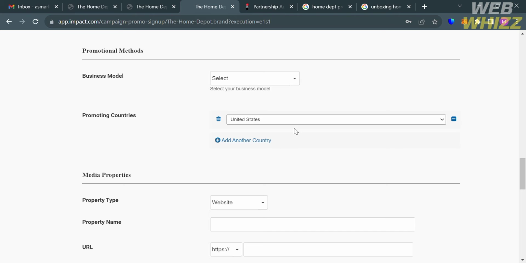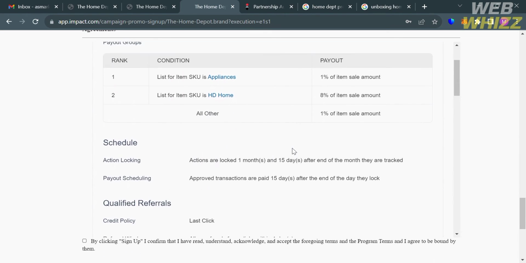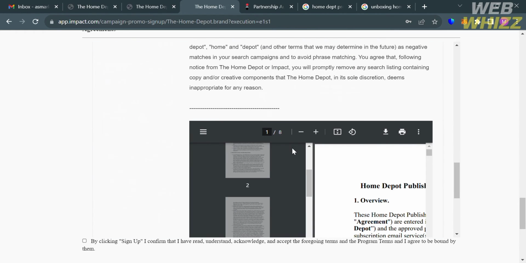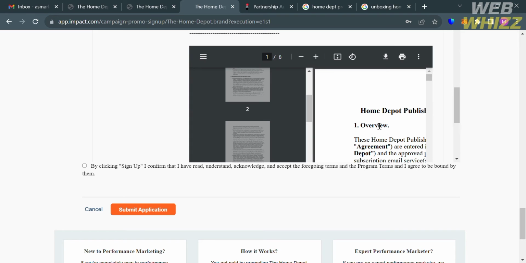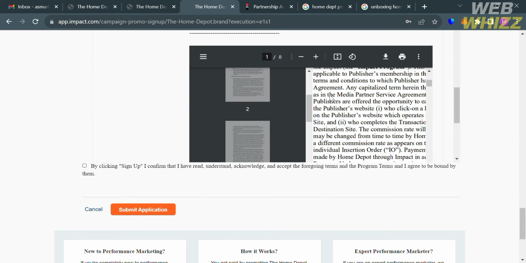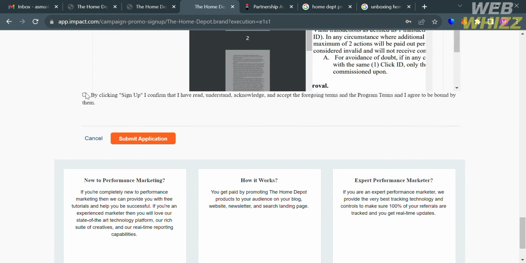such as account display name, your website URL, country, your address, city, phone number, and other details. And aside from that, if you scroll down below here, under the agreement, it will show you some of the things that you need to consider before joining the Home Depot affiliate program. And after filling out all of the required information, just proceed by clicking the Submit Application button right here, and